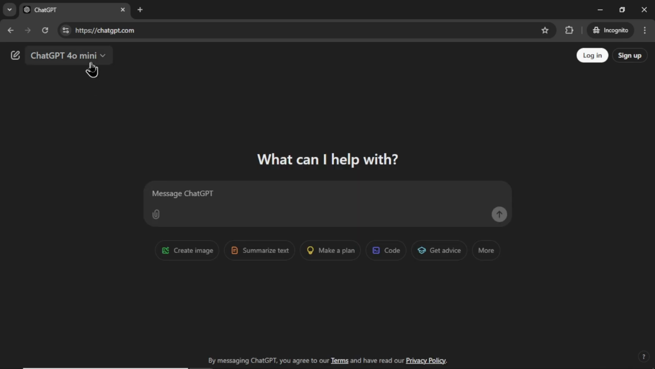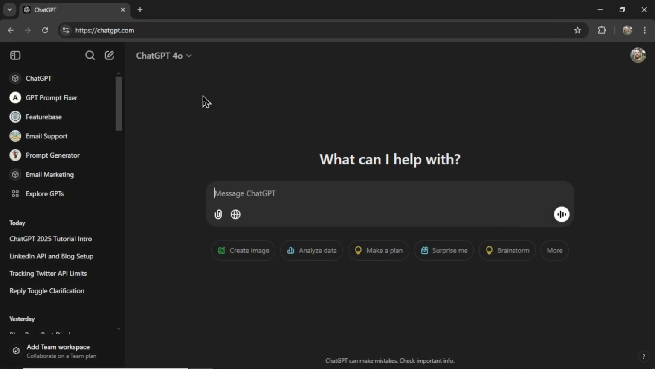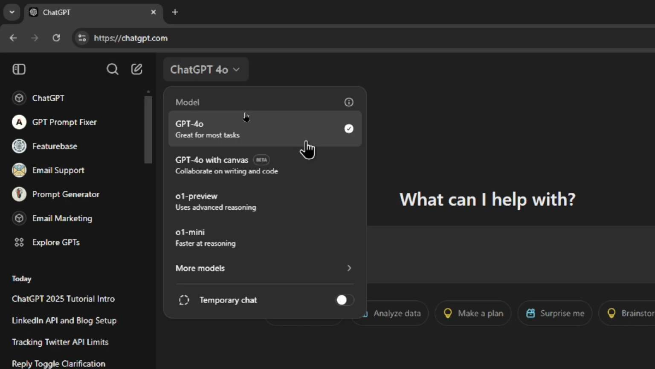In the top left corner, you can select your model. This is only available for logged in users. So let's hop into my account. Here I am in my account. It's a paid subscription. I'm going to click on the models tab, and it gives us a bunch of different